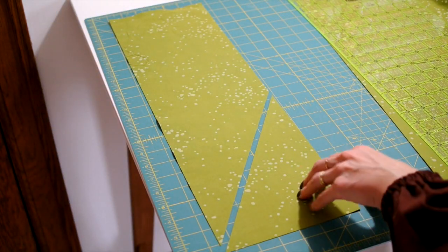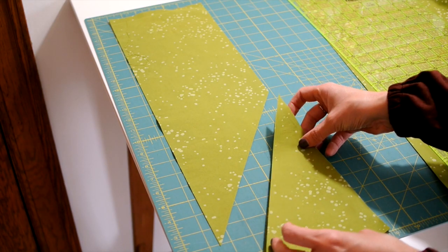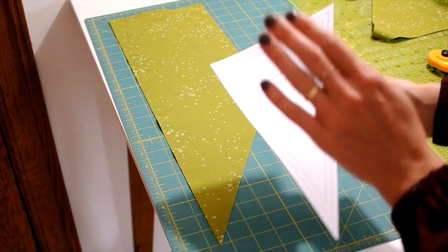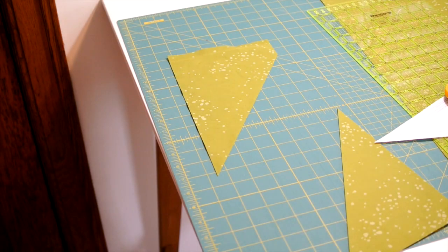And because I doubled up on my fabric, I now have 2 of the same template, but I need 6 of this for the baby quilt that I'm going to make. So I'm going to make sure that when I'm cutting, this template is always facing up. I'm going to pretend like this fabric is not reversible, because if I were to do this...